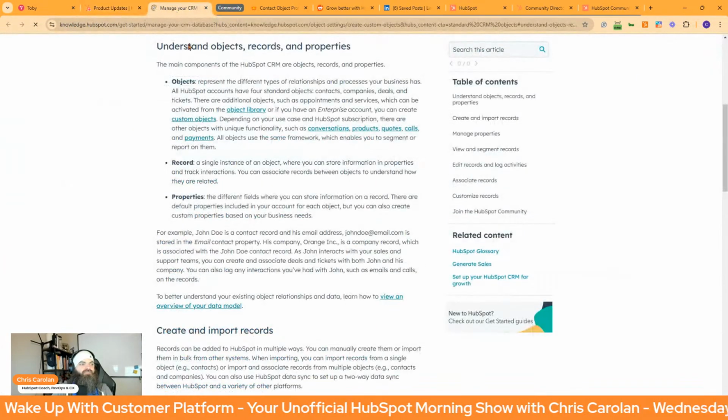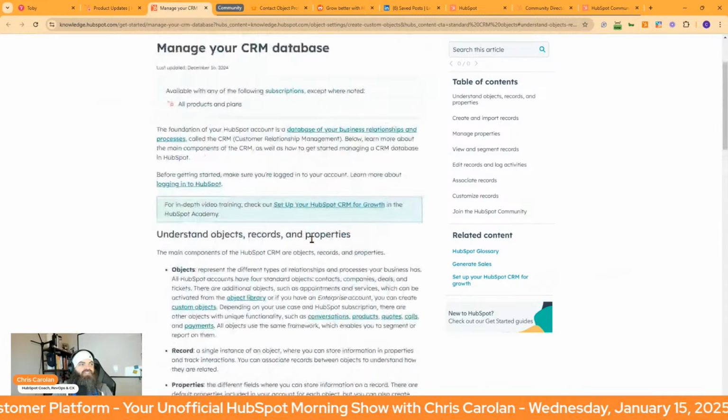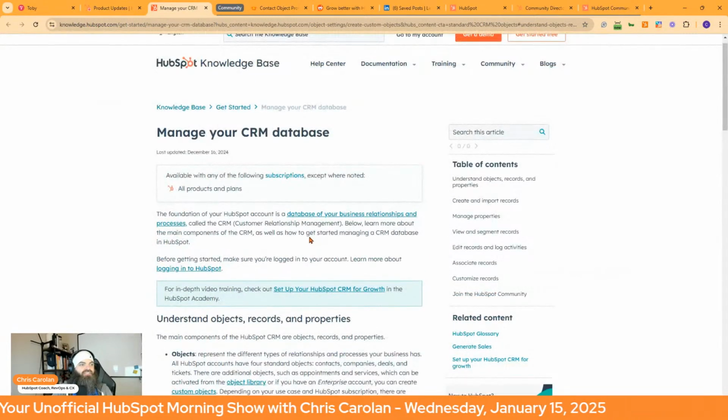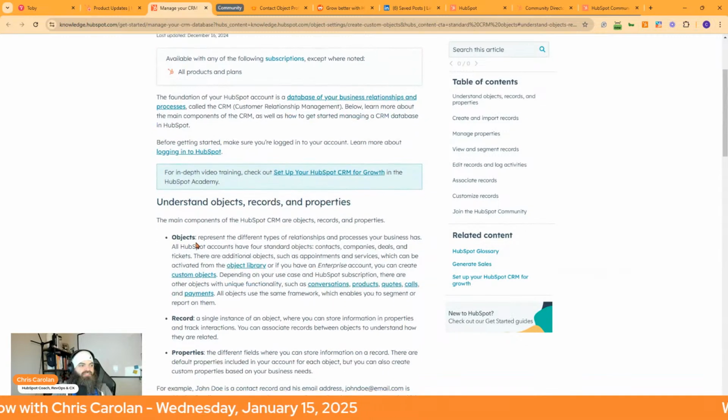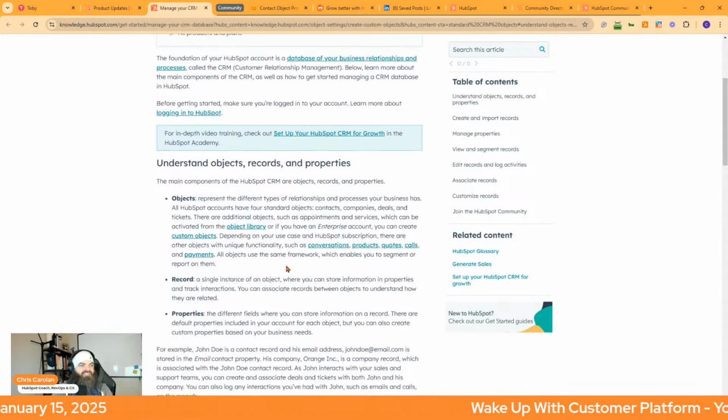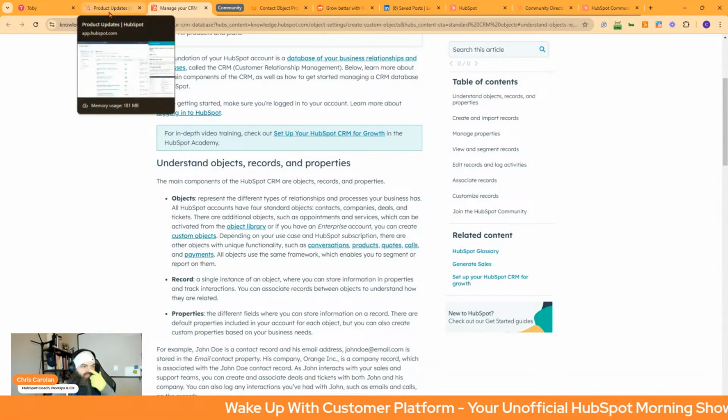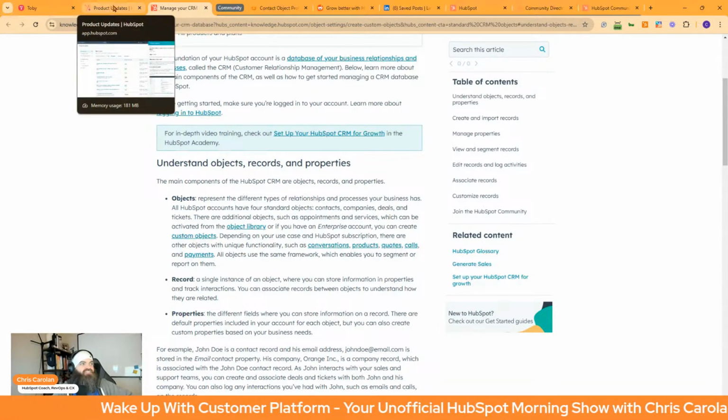All right. Speaking of the issue that we have, standard. This will be interesting to see. Custom objects. How deep does standard go? Anyway,